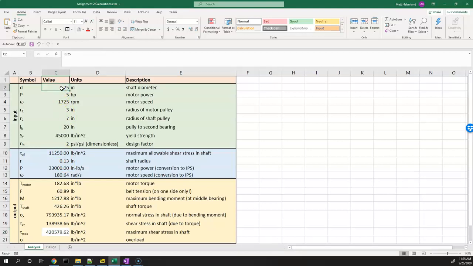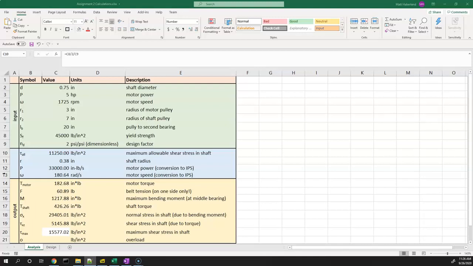So it looks like I'm going to bump this up to 0.5. Let's see, I'm at 50,000. I need to get to 11,000. 0.75. All right, I'm getting closer and closer, and I could do this until I made this number equal that number. So you see how I've turned this analysis spreadsheet into something I can use to help me do the design. But because we brought our whole problem into the world of math, and computers are really good at math,